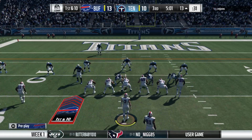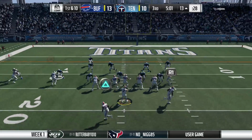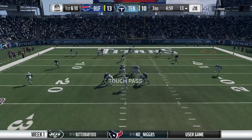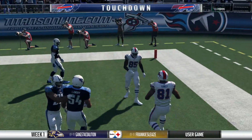That's the equivalent of running out the wrong door and running into your pool instead of running out onto the field. A real dud for that one. Has that happened to you before? No, but...